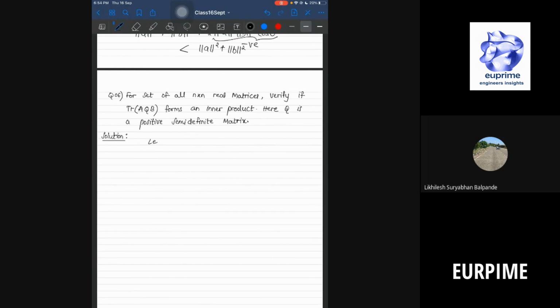So let inner product of A, B be equal to trace of AQB. The first property which we should verify is linearity, that is, alpha A plus beta B